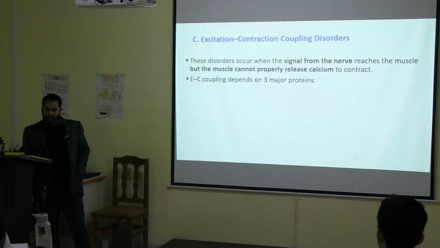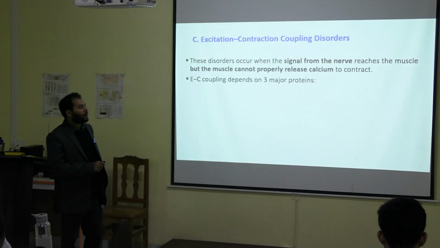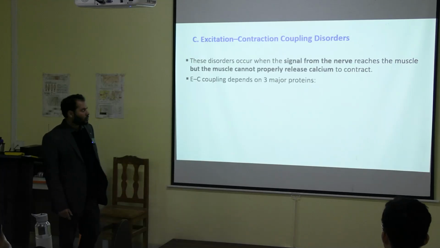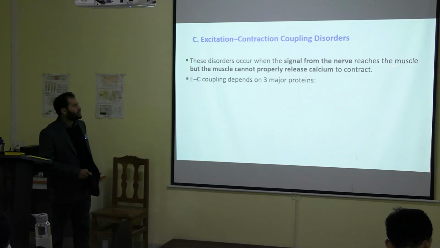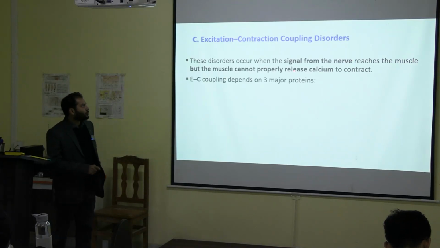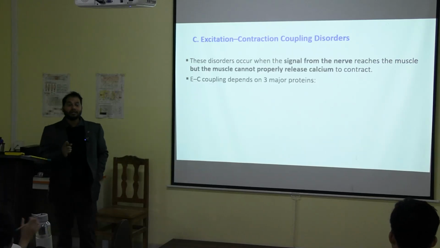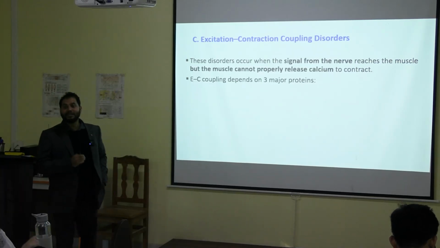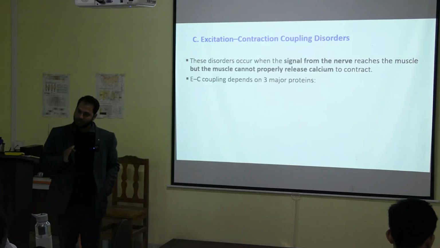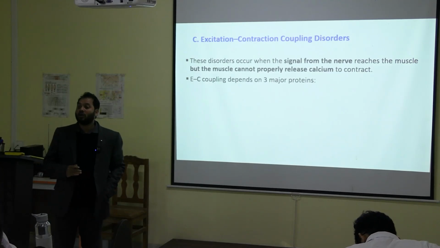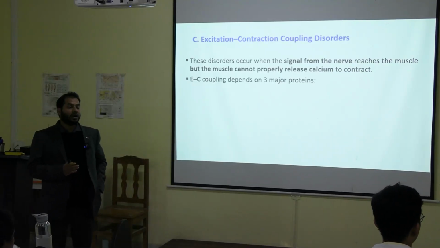Another important type of disorder we can see in skeletal muscle is called excitation-contraction coupling disorder, right? So these disorders occur when the signals from the nerves reach the muscle, but the muscles cannot properly release calcium to contract. So what is the most important requirement for the excitation-contraction coupling? The release of sufficient amount of calcium, right? So for the release of calcium, the muscle gets stimuli